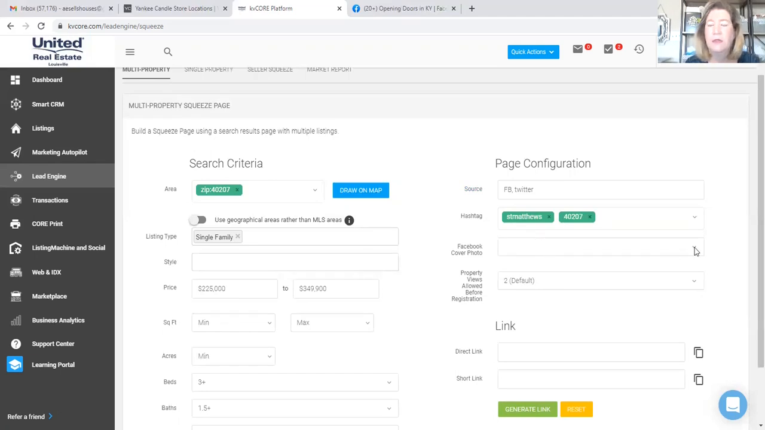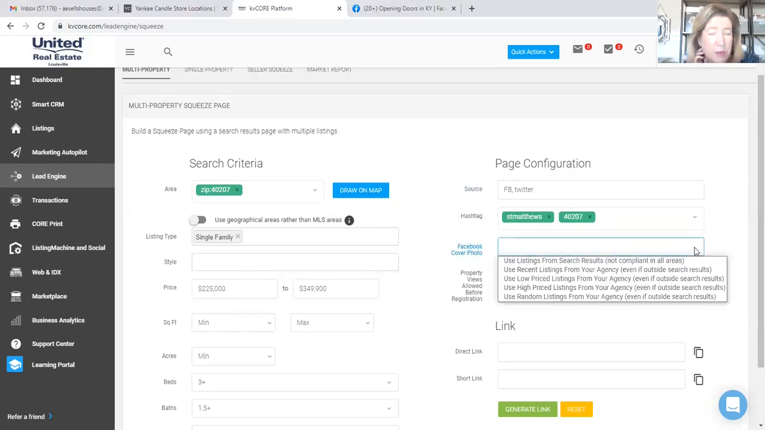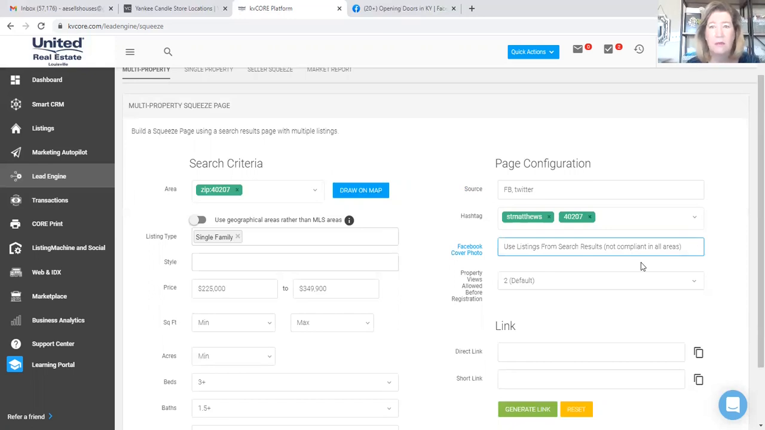Facebook cover photo. So when it posts multiple properties, you can use the listings from the search results, use recent listings from United, even if it's outside the search results. So these are all just random. I'm just going to say use the listings from the search results, and it could be anybody's listing from anybody's brokerage